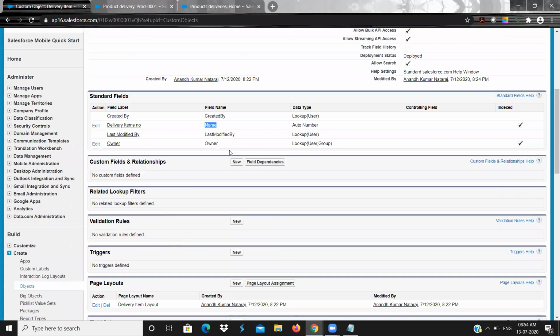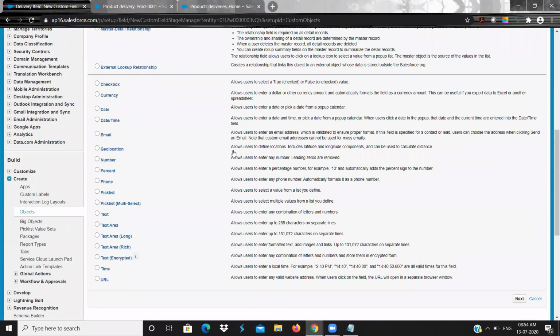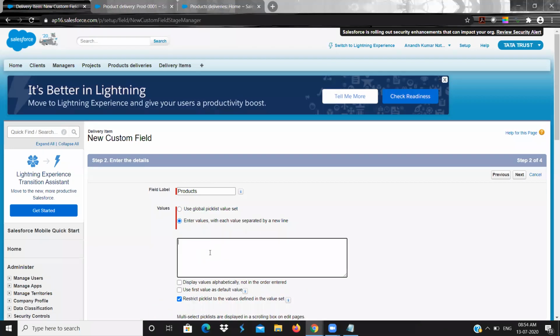So I wanted to create a pick list multi select. Okay, pick list multi select. Next, products. So I wanted to use the values TV, AC, fridge, laptop, mobile, tab.